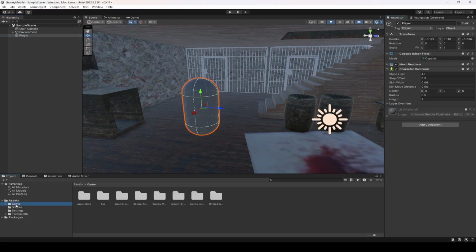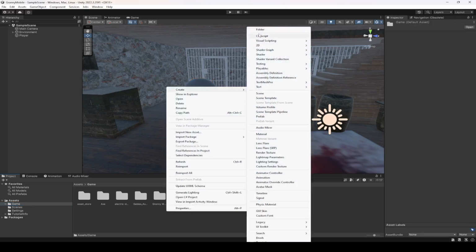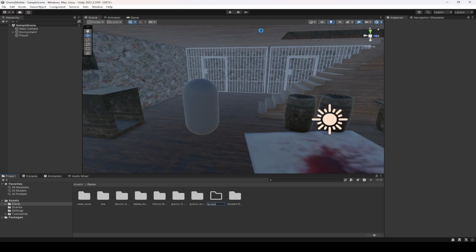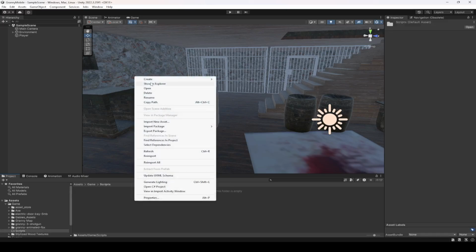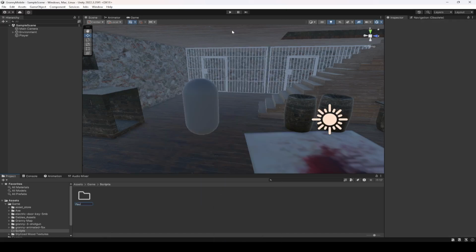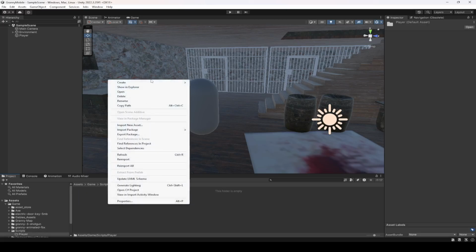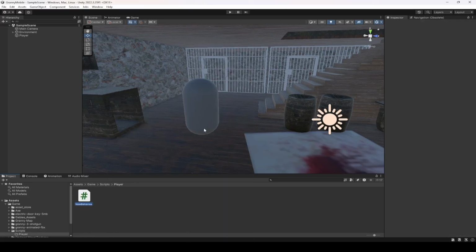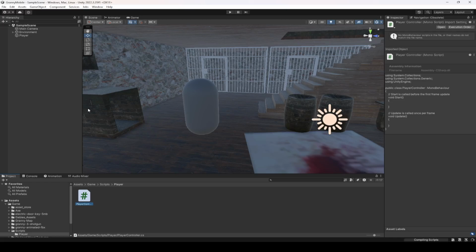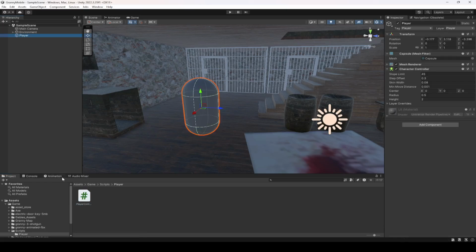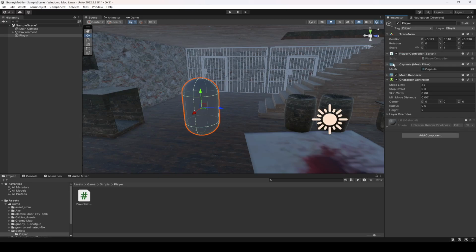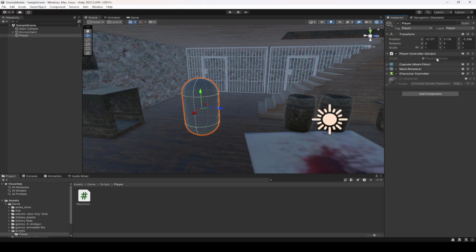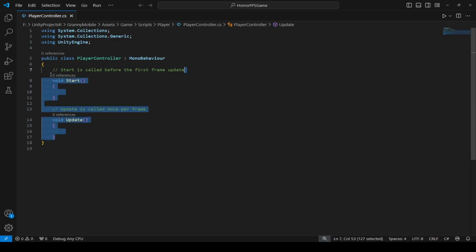So once you do this, then click on game, and in game we're gonna create a new folder by the name of scripts, and inside the scripts we're gonna create a new folder again by the name of player. And then inside the player folder we're going to create a C# script by the name of player controller. Right, then click on player and drag and drop this script right here at the top. Alright, once you do this, then let's open up the player controller script,